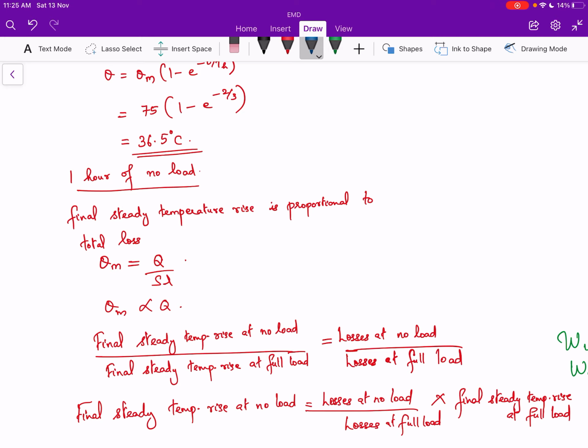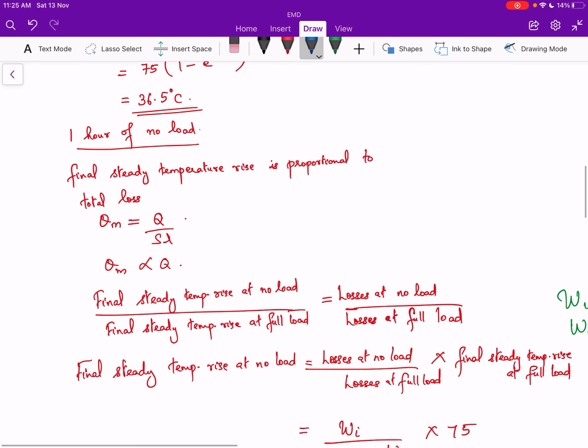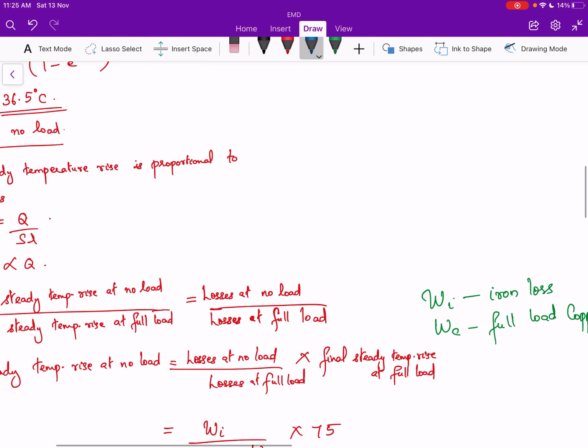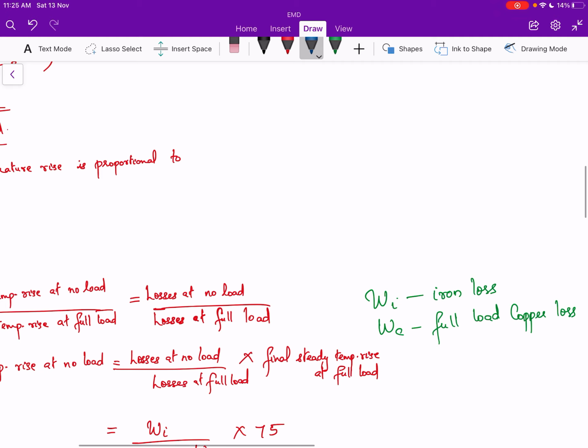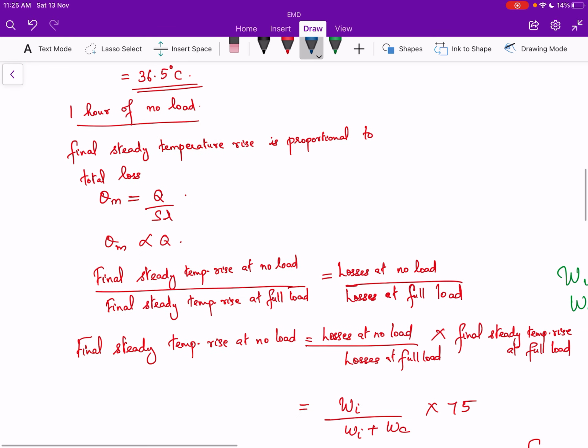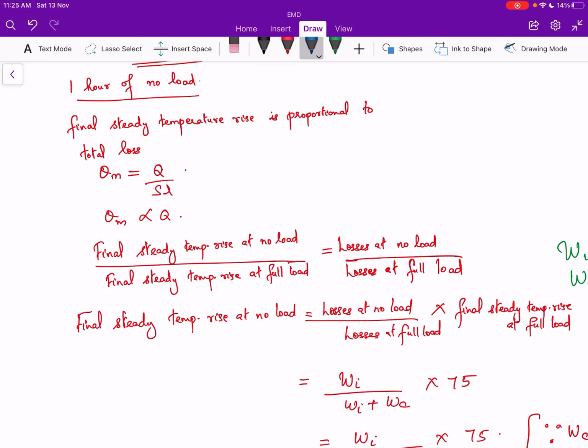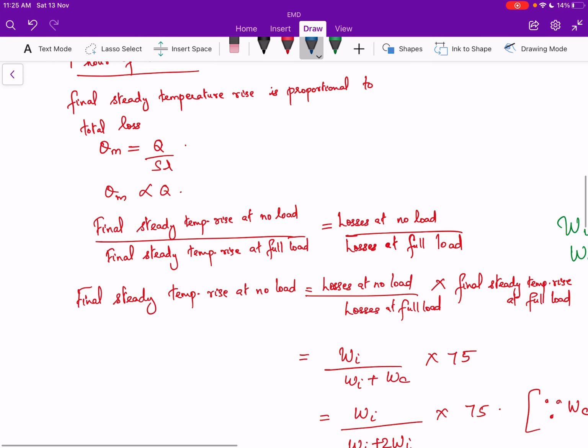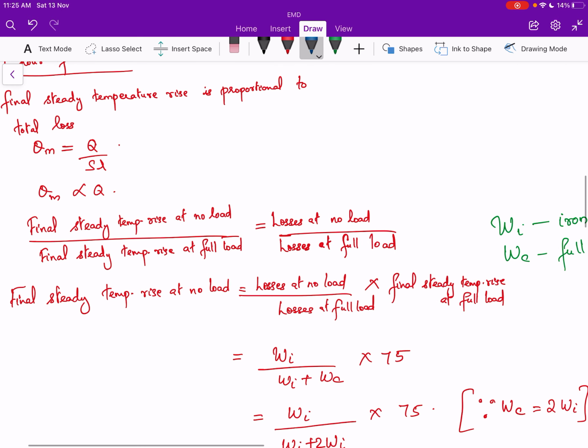We can write final steady temperature rise at no load by final steady temperature rise at full load as losses at no load divided by losses at full load. And let us take the iron loss as Wi and the full load copper loss as Wc. The iron loss is the constant loss, so it is equal to Wi. So we can write the final steady temperature rise at no load as losses at no load by losses at full load into final steady temperature rise at full load. And corresponding to no load, there will be only the iron loss. So we can write losses at no load as Wi because